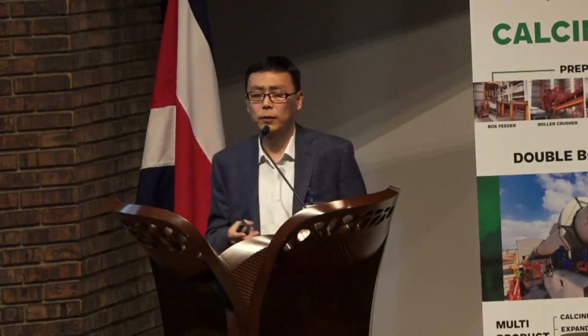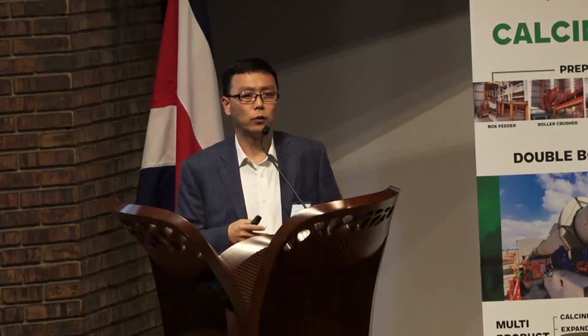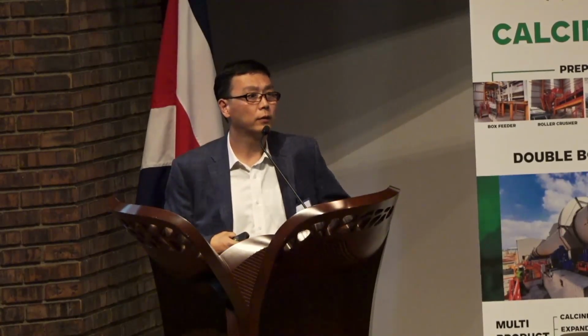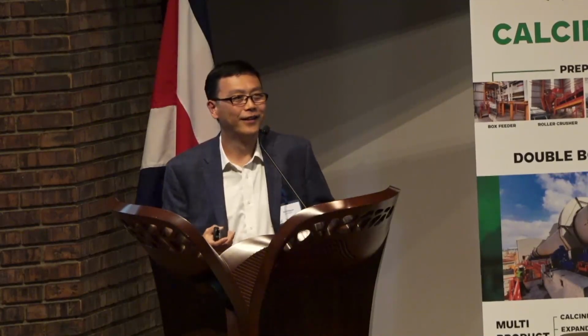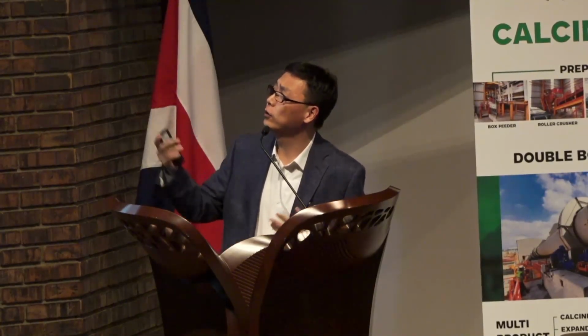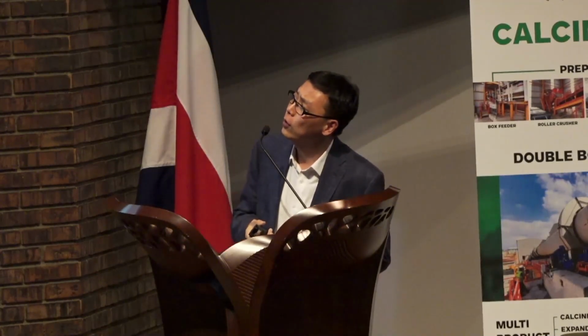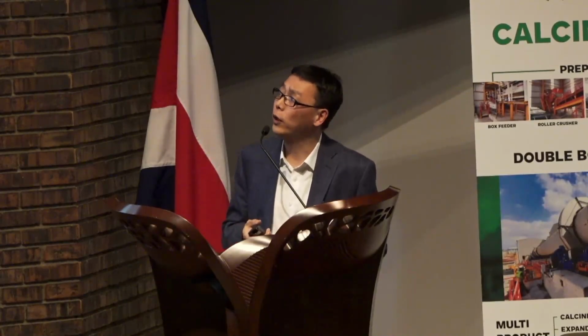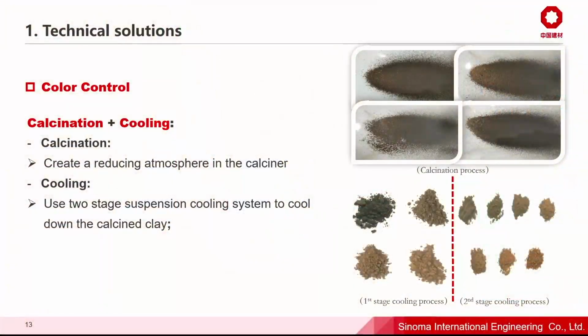And then we come to the part of the color control. For the color control, it will come from 2 parts. One is from calcination, one is from the cooling. So we will create a reducing atmosphere in the calciner, and then use a 2-stage suspension cooling system to cool down